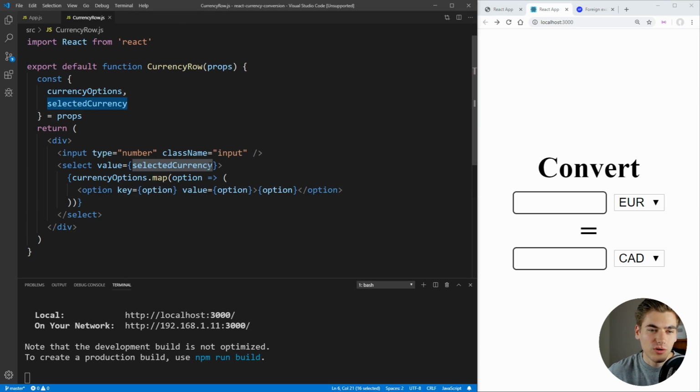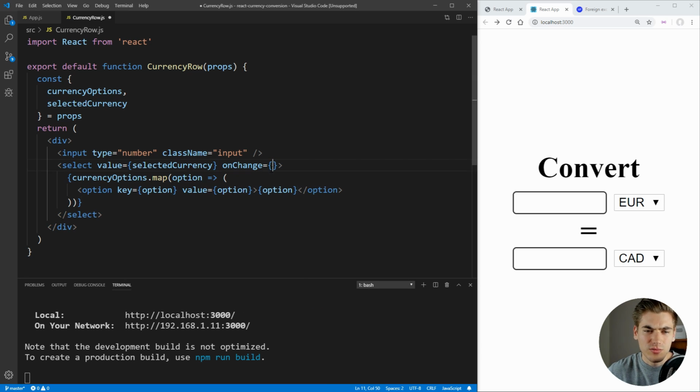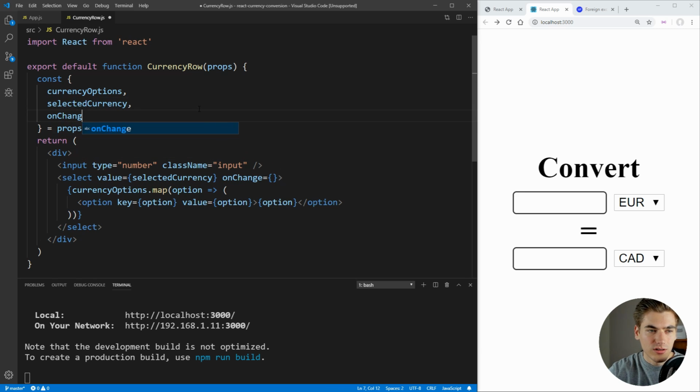Inside of our currency row, we want to select an onChange event. And inside of here is where we're going to push a function. And we're going to take that function from our props. This function is just going to be called onChangeCurrency. And we're going to pass that function to our onChange. So every time this value is changed, it's going to call this onChangeCurrency function, which we're actually passing in from